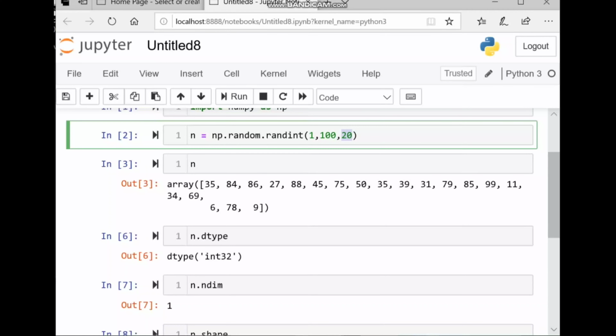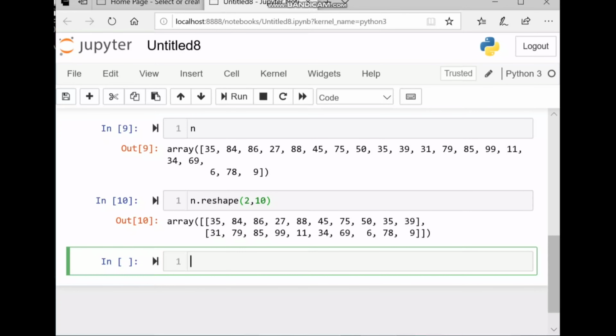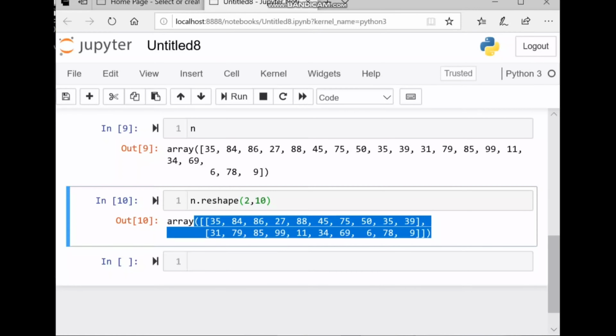Here we pass 2, 10, that is 2 into 10 is equal to 20. Now we hit shift enter. See, this is a 2D array, 2 rows and 10 columns.